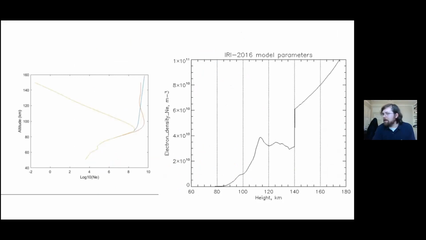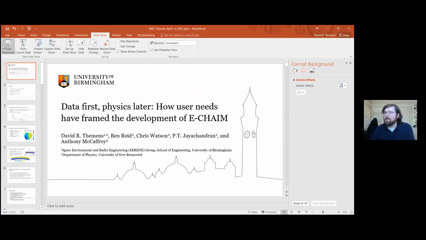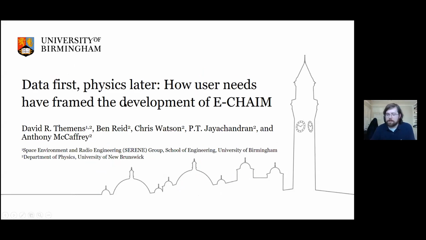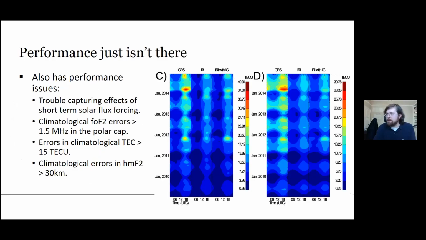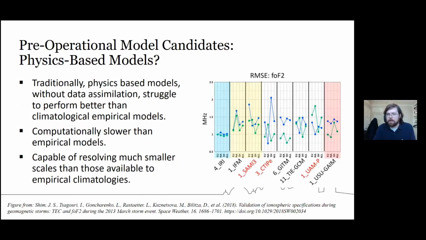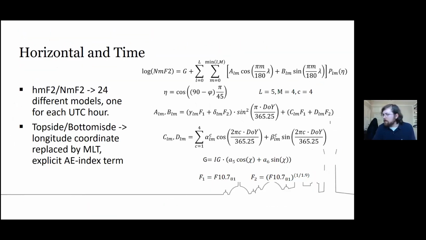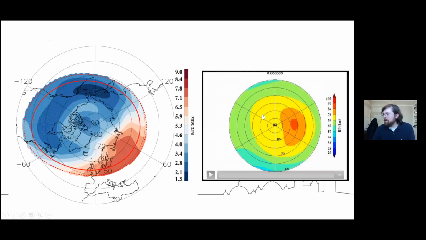Did I? No, I didn't. Sorry. The main area that we're actually having some performance challenges with right now is mid-latitudes, or the upper mid-latitudes, where we tend to underestimate electron content. We tend to converge to IRI performance at that level, which is not great in terms of tech. And we believe that to be, you'd have to extend this out to lower latitudes, but I think we're underestimating the thickness of the topside at mid-latitudes,